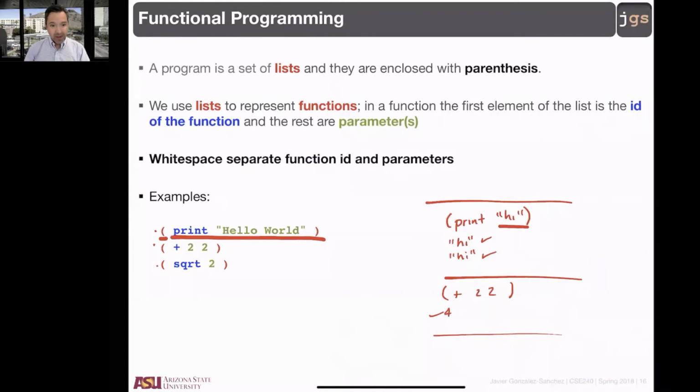This is particularly true and important if you are working with the virtual machine, the interpreter of Lisp locally in your computer. If you are using the one online, the good news is that for the online one, you have